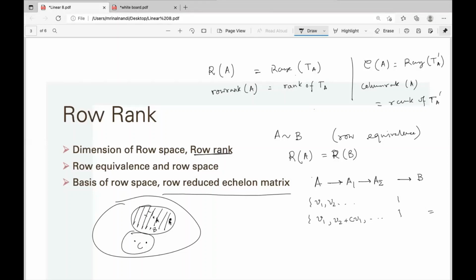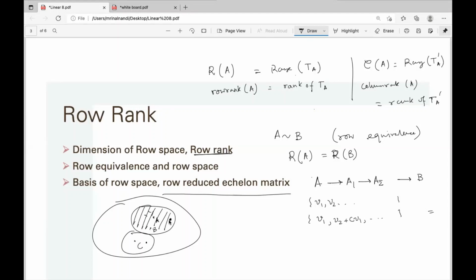So take that row reduced echelon matrix, and we know how to get the row reduced echelon form from a matrix. Once you give a matrix, you first find the row reduced echelon form. That is the prime element of this equivalence class. Now take another matrix, go to its row reduced echelon form. If you get a match, it is in the same class. Otherwise, it is a different class.